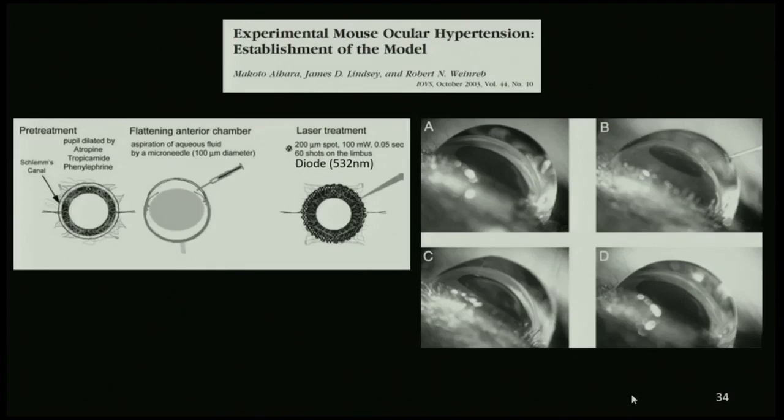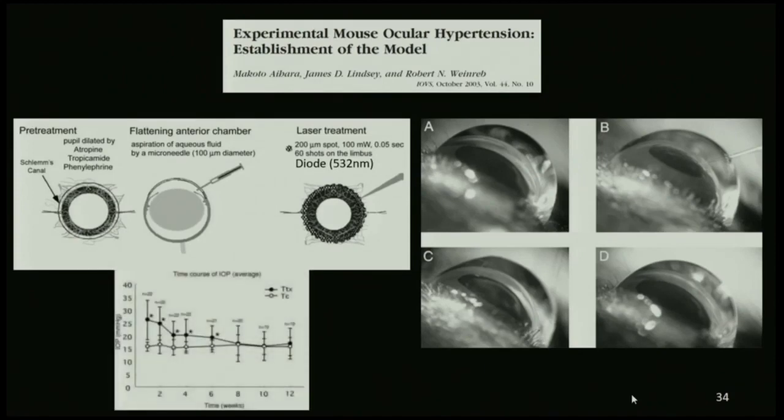So they're trying to show here that the anterior chamber flattens a little bit, and then over time it recovers. The reason they did that is if they shallowed the anterior chamber, they can get the iris a little bit closer to the cornea, sort of create a little bit more of a physiologic touch. So when they apply their laser, there's a higher risk of scarring. And what they found is that they got a pressure elevation that was sustained for about 6 weeks after this treatment.